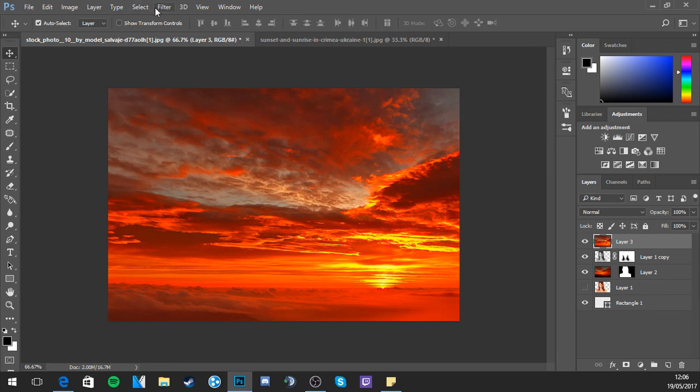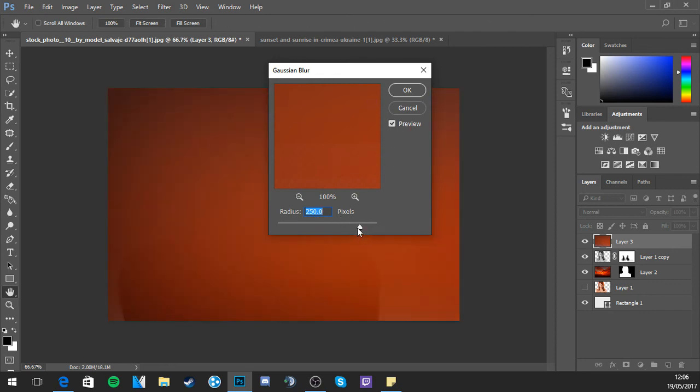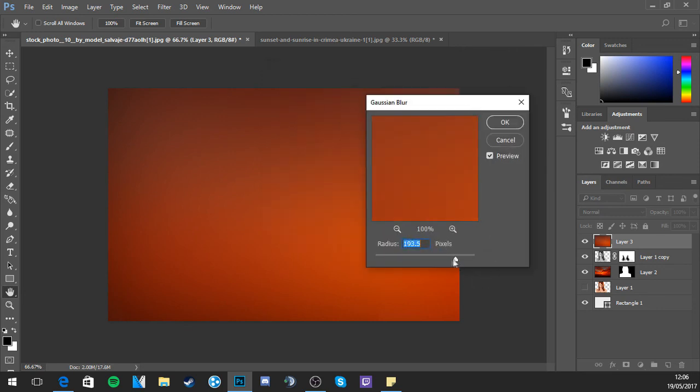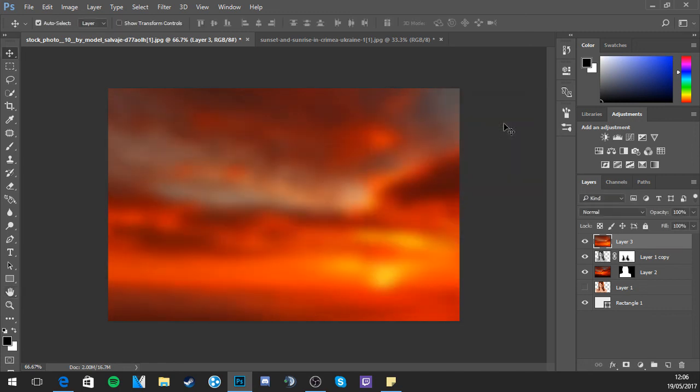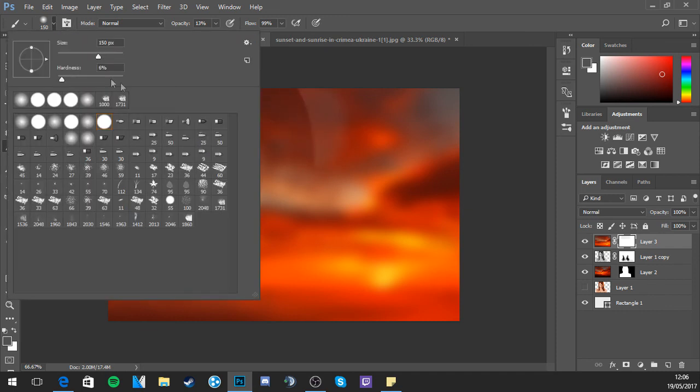We want to go Filter, Blur, Gaussian Blur, or however you spell that. That's cool. I like that. Alright, and then we go back to the brush. Thank you. Right, can we set this a bit harder now?